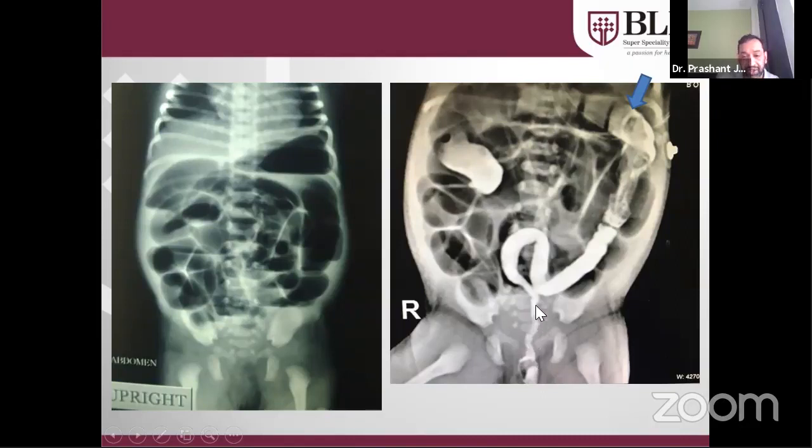Now, you are injecting the contrast from below. This is the rectum, this is the sigmoid colon, this is the descending colon, this is the splenic flexure, and now you can make out that the dilatation of the bowel is seen proximal to the splenic flexure. So this part of the colon, the transverse colon, seems to be dilated, and this part is collapsed. Normally, in a normal child, if you are doing a gastrografin enema, the rectum is 2 to 3 times more dilated than the sigmoid colon.